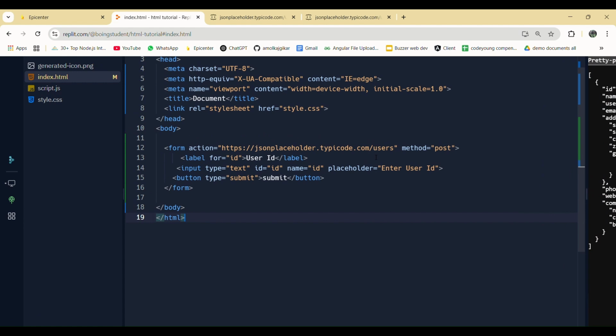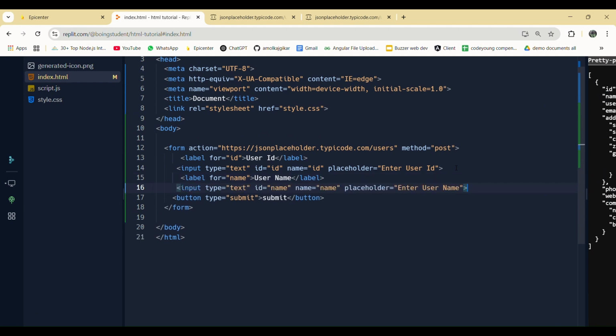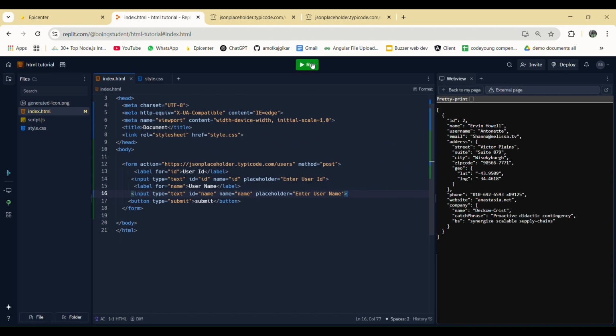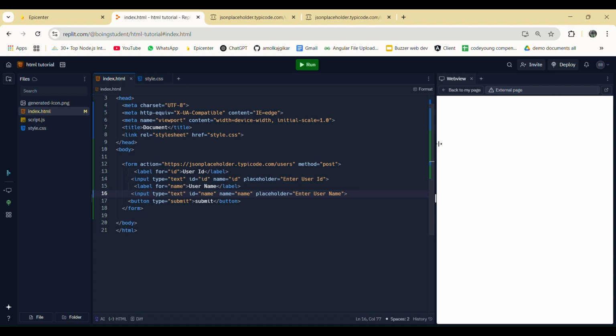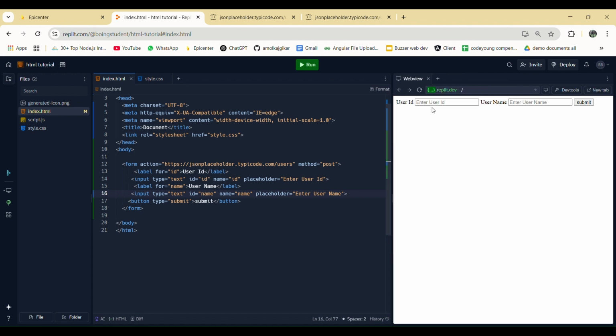Let's try to add some more inputs this time. I'm gonna add a label as username and there will be an input username again. Let's run this. You can see I'm getting user ID and username this time.